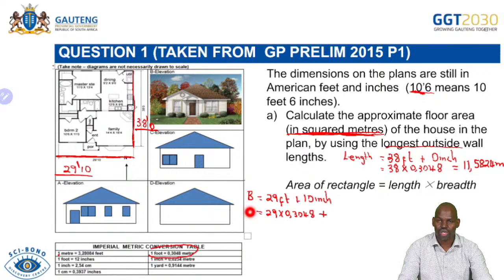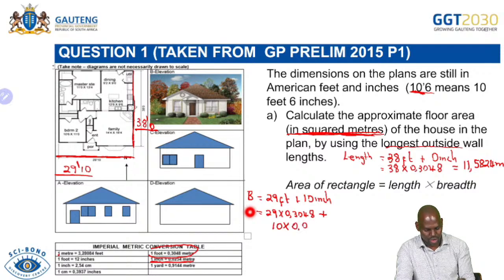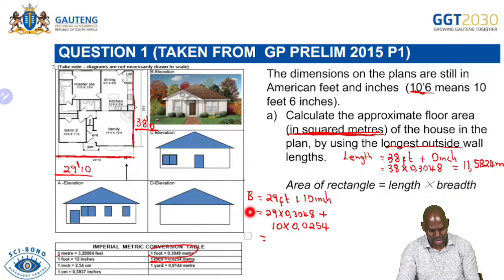How do we convert an inch to a meter? There is the conversion factor that is given. Okay, 1 inch is equal to 0.0254. So that one we say plus 10 multiplied by 0.0254. Okay, then we can simplify. We say 29 multiplied by 0.3048. It's